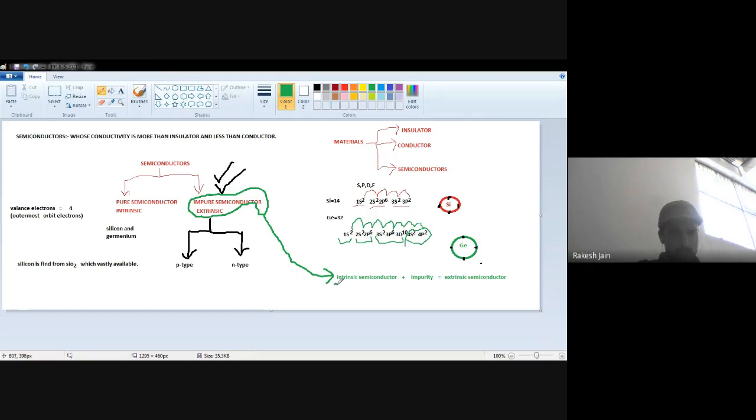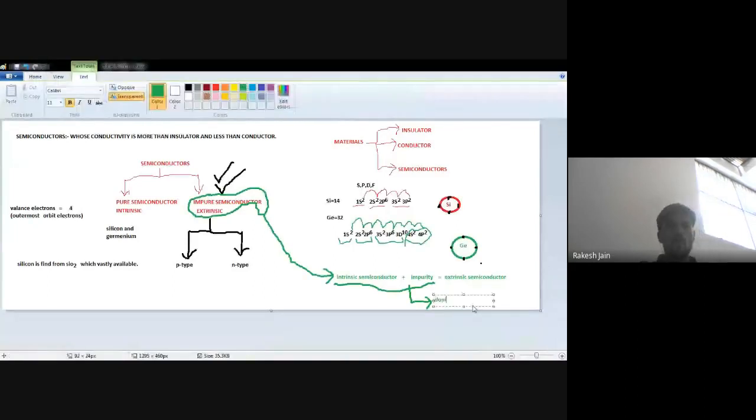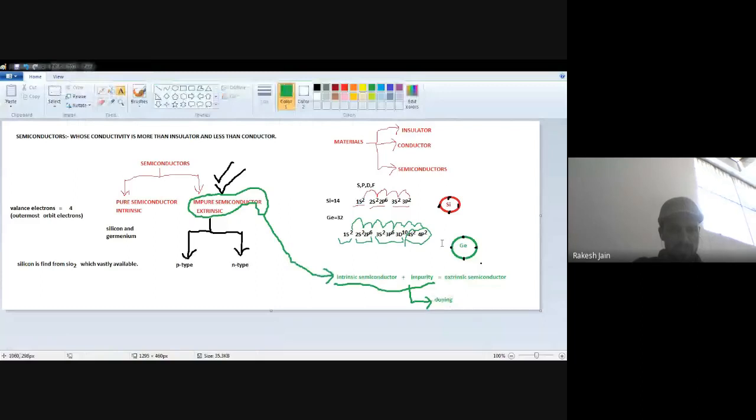this is not known as mixing. Actually, this process of intrinsic semiconductor mixed with impurity is actually known as doping. The standard technical word for this is doping. So doping is the process by which we can add some impurity in the pure semiconductor or intrinsic semiconductor so that we will find as a result extrinsic semiconductor. Okay, now see,